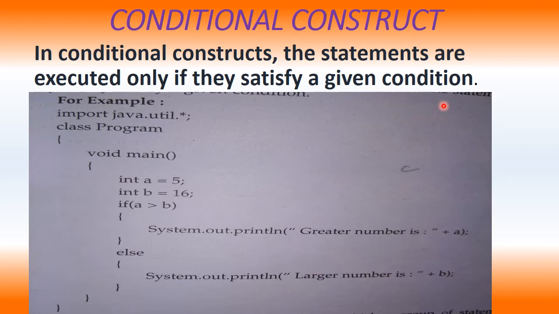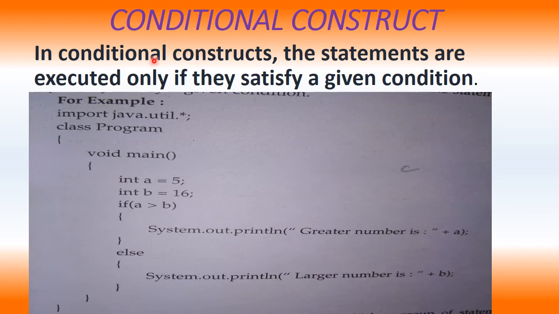But here, only if the condition is satisfied will the statements execute; otherwise it will not execute them. Or, if an else part is given, then it will execute another statement. If the condition is true, then one part of the code will execute, else another part of the code will execute.